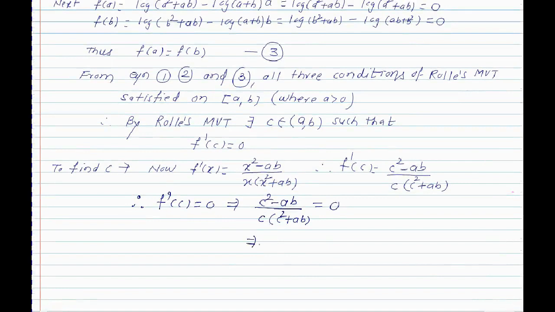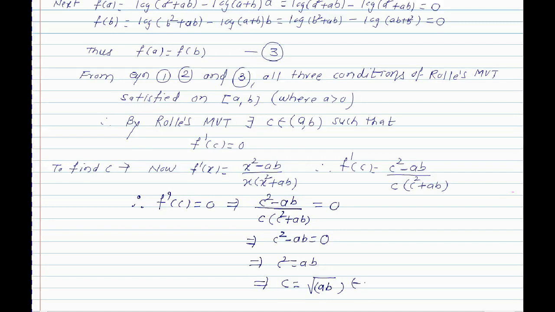It implies that c square minus ab is 0. So c square is a into b, and therefore c is under root a into b,